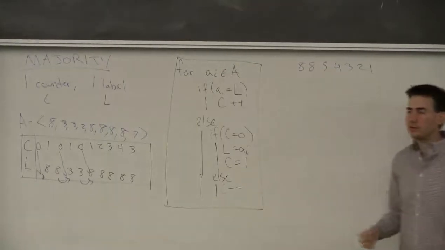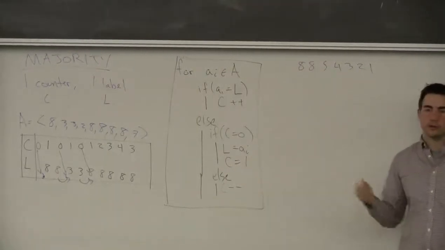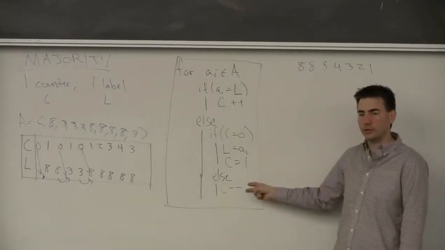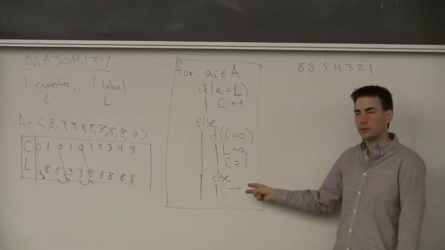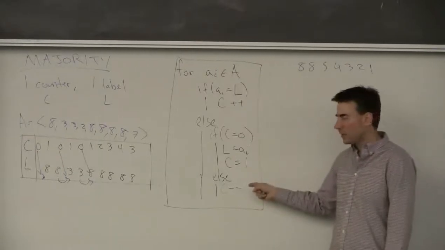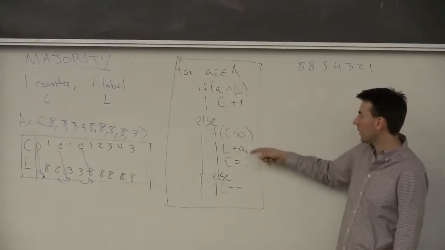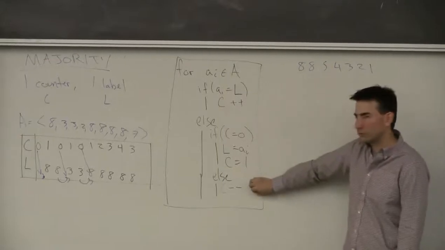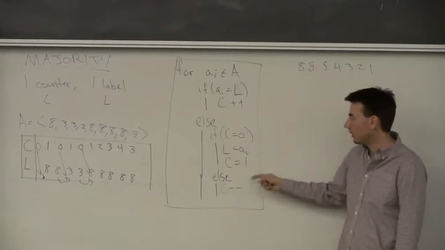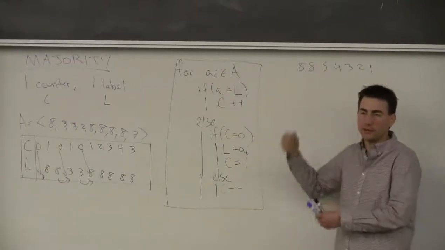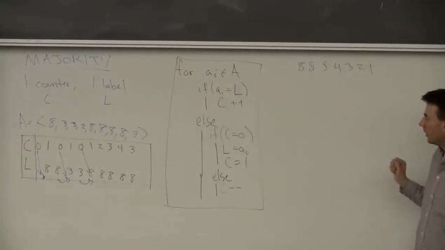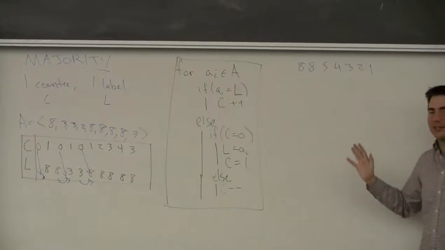So if I hit this condition, then that means that someone else's counter was decreased. Right? How many times can I possibly hit this condition? Less than m over 2 times. And for every time I did that, that meant that someone else's counter increased, and I didn't hit this state when I was currently keeping the true majority as a label. So that doesn't count against the ones that can decrement. So there's a little bit more complicated argument, and hopefully.